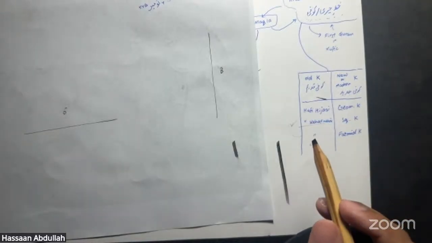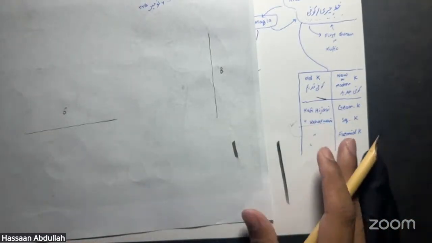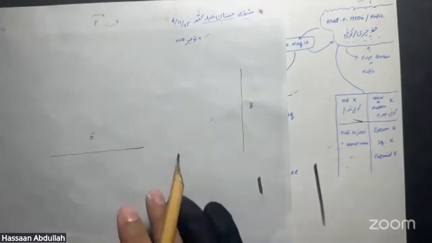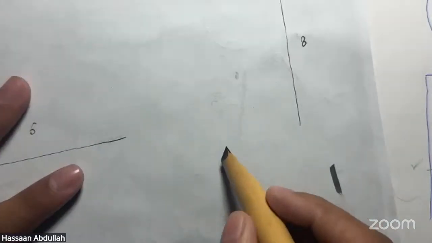But if someone can't find art paper, then you can use this paper as well. Okay, you can write on this as well. It's not that you can't write on it. You just have to